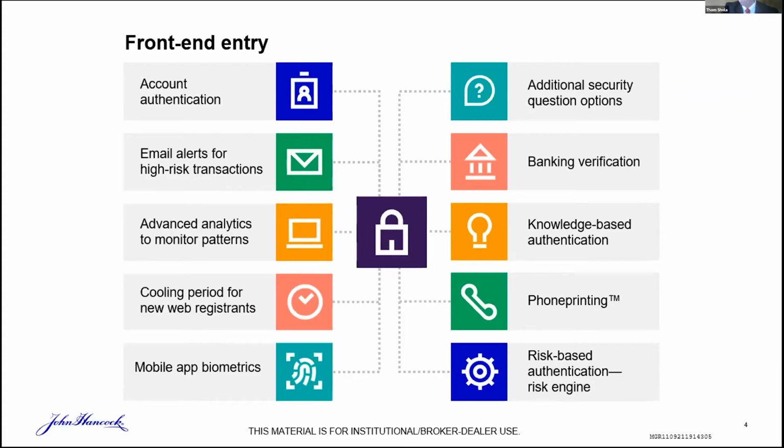Those are items that we do here at John Hancock. And let me give you a little background. The risk-based authentication is all through looking at the device that's being used, making sure that the device that's logging into the website hasn't been stolen, the IP address is a valid IP address, the signature serial information is accurate. It also looks, and you're used to it now, but a few years ago when we started all this through the New York Department of Financial Services requirement in 2019 to send the multi-factor authentication code to you, everyone was a little bit concerned about why they were getting this code. So this then sends the code the first time you log in to your phone or to your email.